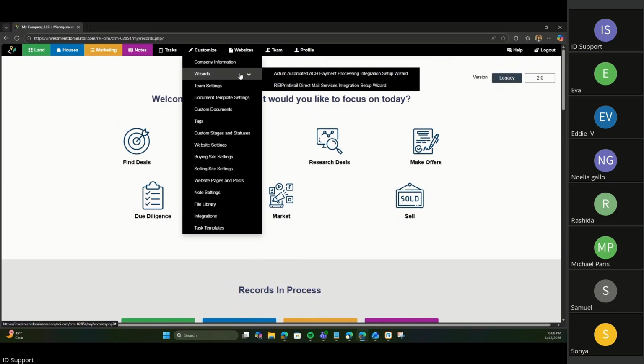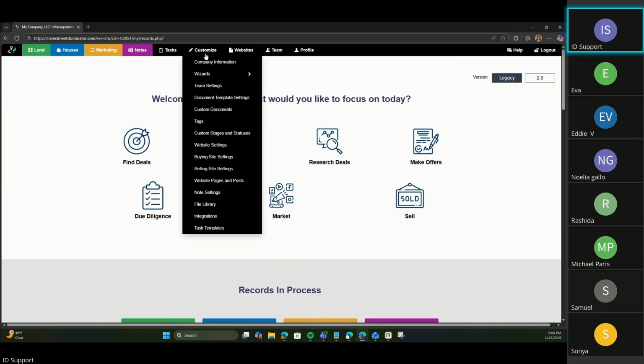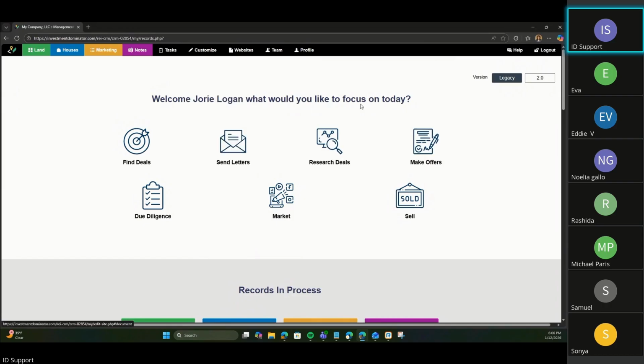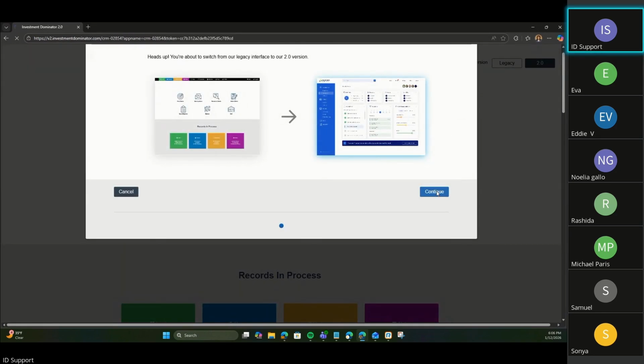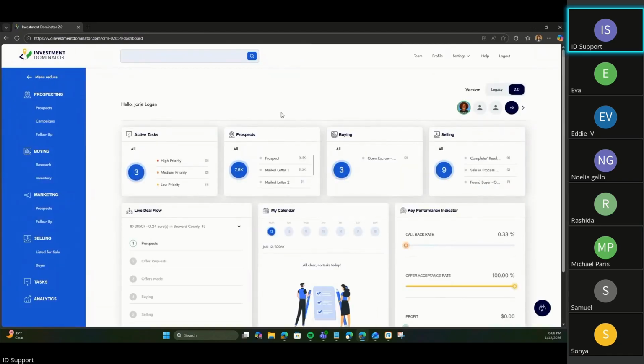Oh, the onboarding wizard isn't in here today. Okay, so there should be a setup wizard. This is REI PrintMail. There used to be an onboarding wizard here, so now I think at this point you'll have to send us a ticket with your domain names in it for us to go ahead and set them up. I'm sorry. Normally there was an onboarding wizard here that was very helpful, but they're in the process of pointing that towards 2.0. Hopefully by the end of this week it will be in place. If not, the domains are the main place you would want to do that. Otherwise, I'm going to go through step by step for everything else that you would see here.